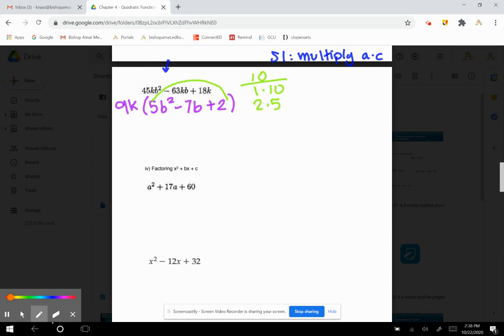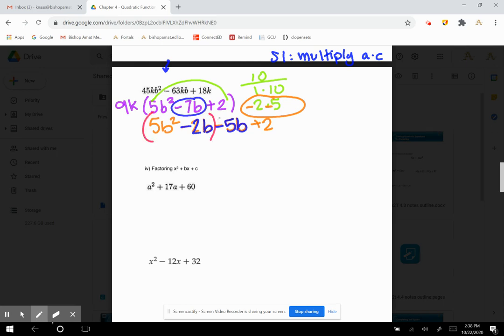Okay, what gets me negative 7 is the 2 and 5, and those both have to be negative. So I'm going to place that in 5b squared minus 2b minus 5b plus 2. Again, remember I replaced the negative 2b minus 5b with the 7. Next, I'm going to group. I'm going to pull out a common number, common variable, so b. So I have